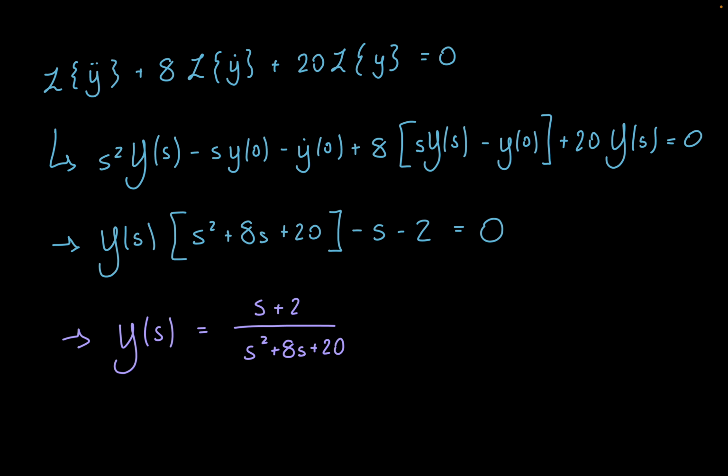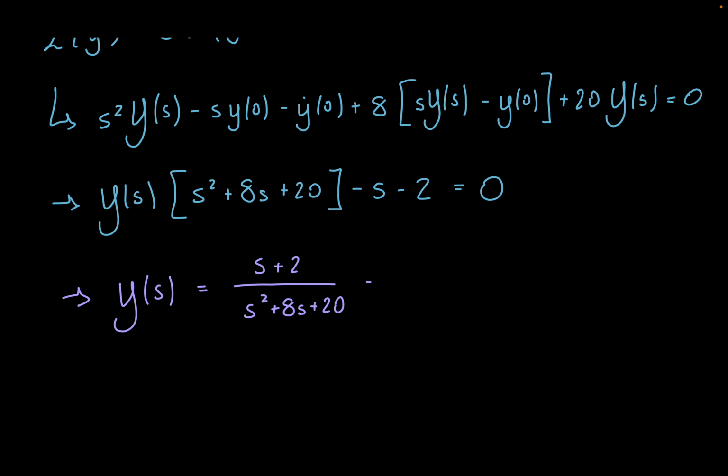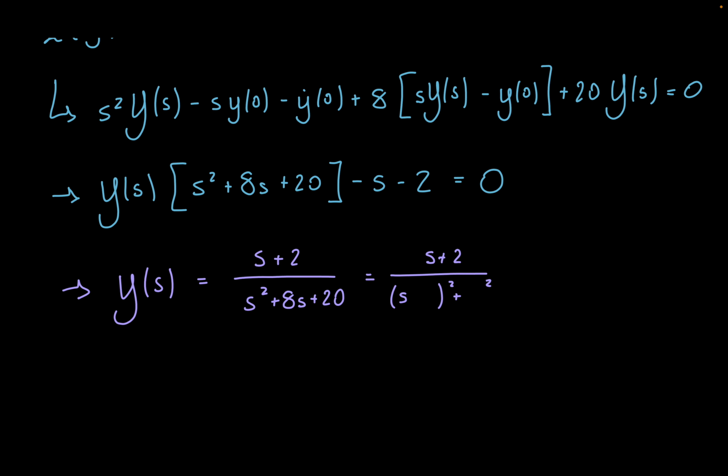And then this is where the completing the square method comes in handy. We'll leave the numerator the same for now, but then we'll set up this kind of format where we have something in parentheses squared plus something squared. Now in these parentheses, we're going to have this s here. And the question is, what should we put in this next space? Well, what I like to do is look at the s term here and take whatever that coefficient is and divide it by 2. So in this case, since we have 8, we'll divide that by 2 and we'll do s plus 4.